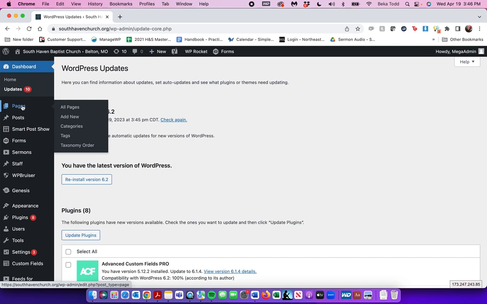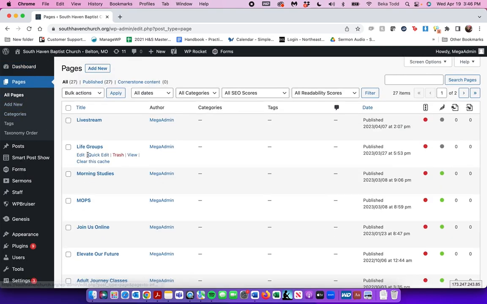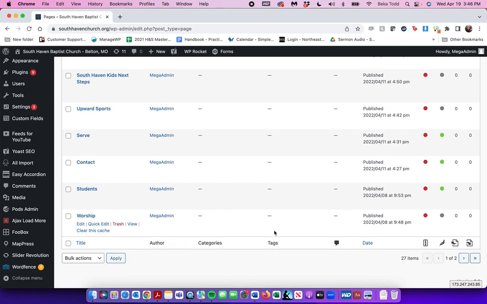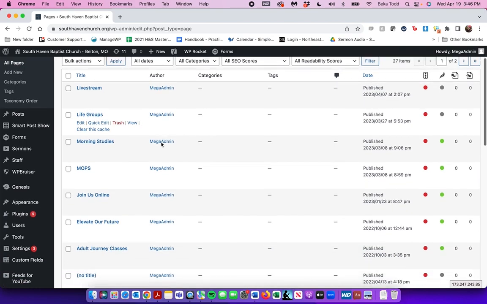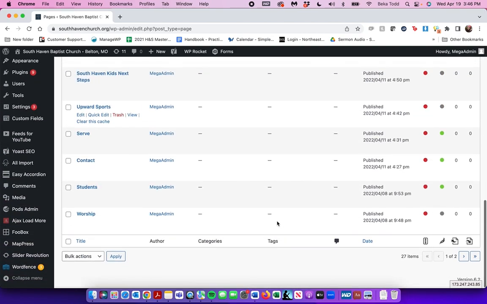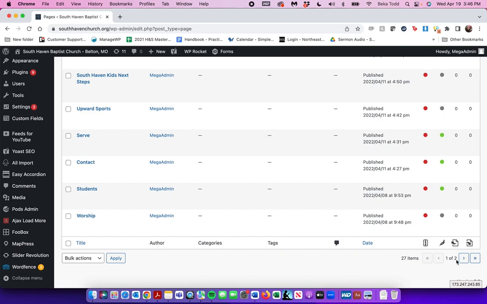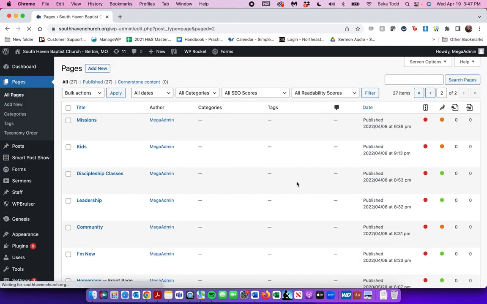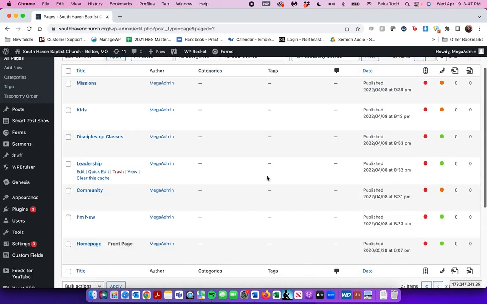So the thing that comes up after updates is pages, and this is obviously going to be important. This is where all the pages on your site are housed. One of the most important pages being your home page. So if you look, you can see all of the internal pages here, and then if you scroll all the way down, you can see that there's a couple different pages of pages. So we'll go to the next page here,